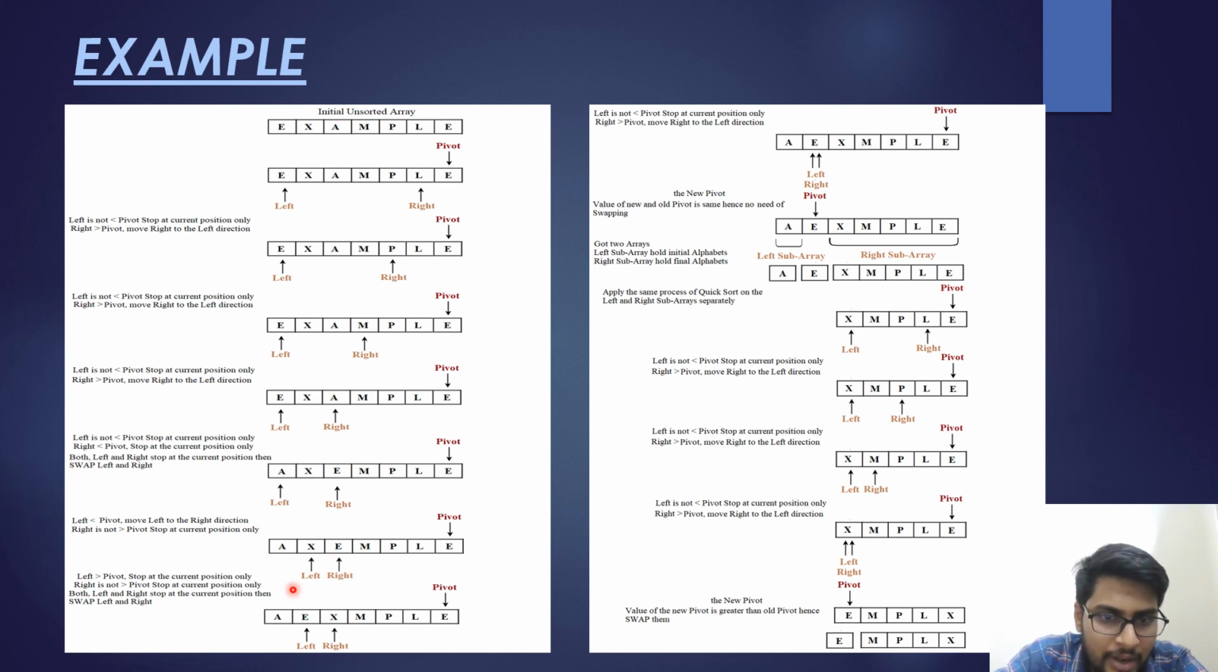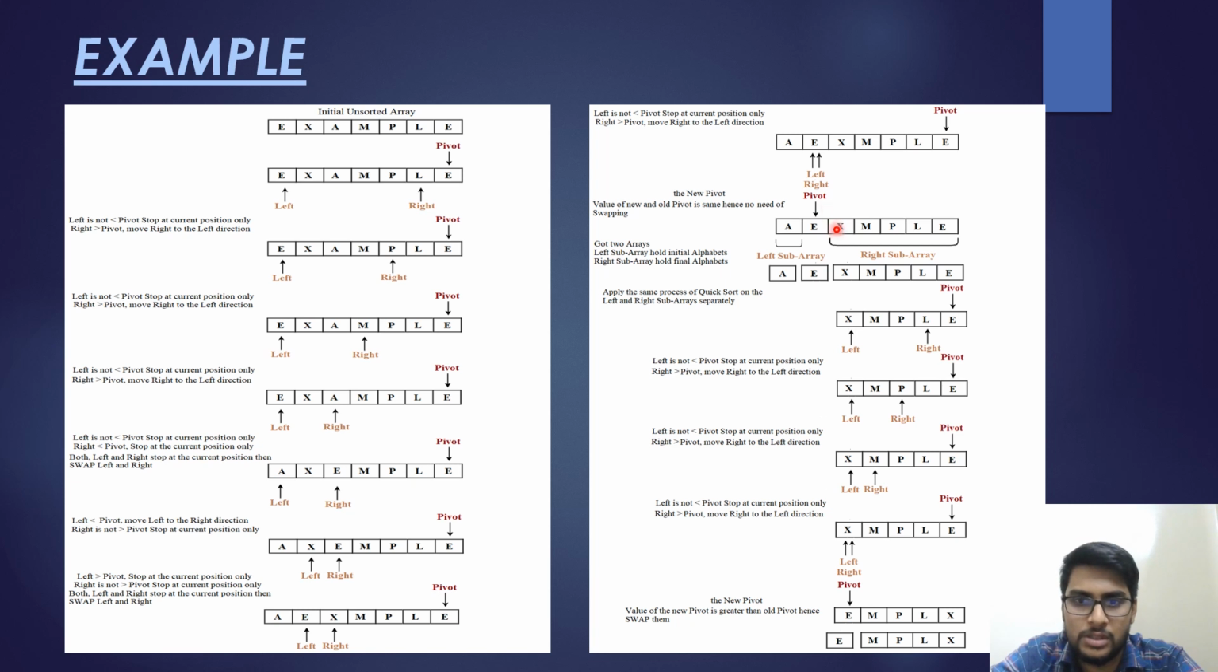Next, we compare left and right once again. Because the left element is greater than the pivot element and the left element is greater than the right element, they get swapped, giving A, E, X, M, P, L, E after swapping. Next, left and right are at the same position, because the element X is greater than the pivot element, so the right pointer moves towards the left side. When the left and right elements are on the same position,